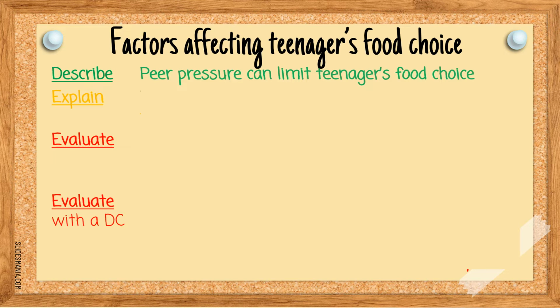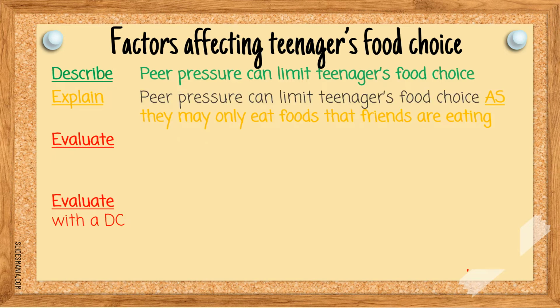If the command word given was explain, so you're asked to explain factors which affect teenagers' choice of food, then you can use the same description that peer pressure can limit teenagers' choice of food, but you then want to extend that answer and you want to give a reason why or a reason how this is going to affect their choice of food. So we would add in, as they may only eat foods that friends are eating. Remember, you want to make sure that you're stabbing your answers for explain, so you're using the words so, therefore,